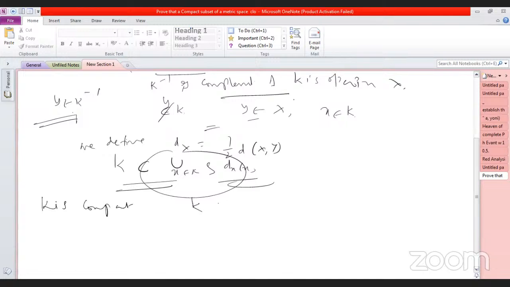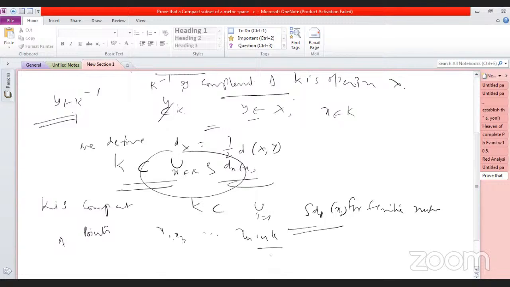So therefore K is a subset of the union over i equals 1 to n of S_dxi of xi. We are taking the xi now. I am taking here a finite number of points, x1, x2 and so on, xn in K. So x1, x2, x3 and so on, xn in K we are writing here. Then we define here